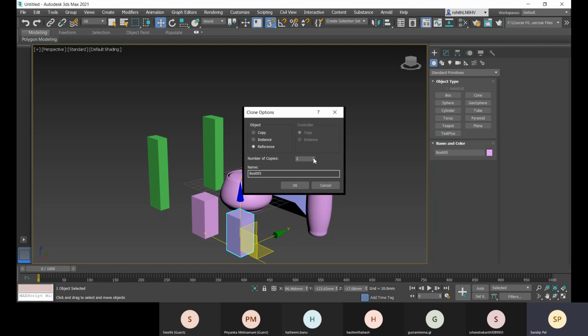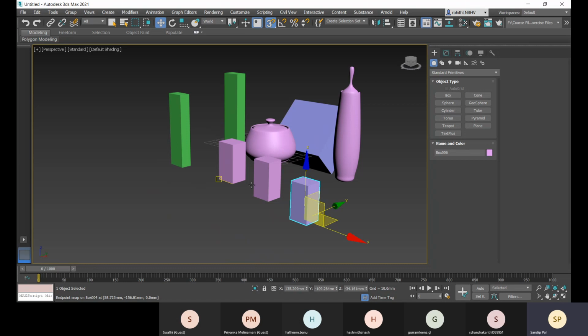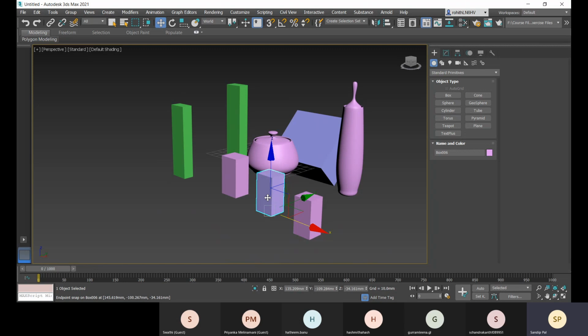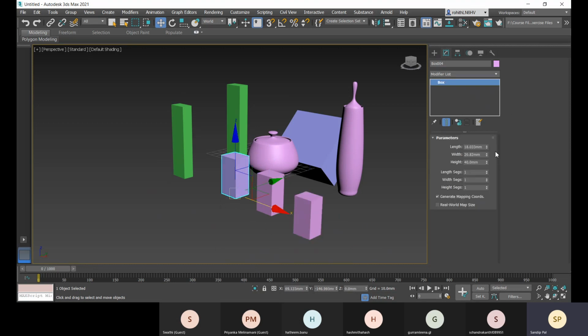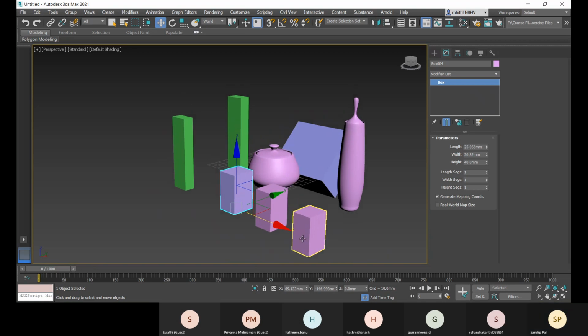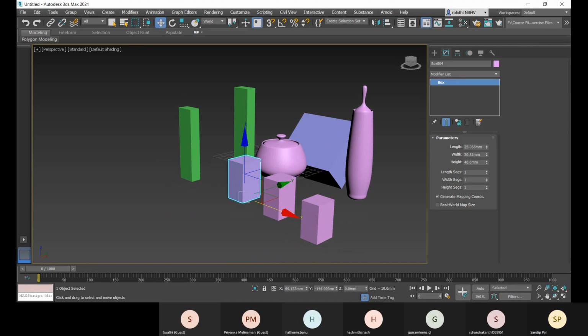The number of copies is 1. You can try number of copies 2. Click on OK. So in the same gap, 2 objects will be copied. Now you see I'm selecting this one and I'm going to modify it, and you will not find any properties. So how can you change that? For that, you have to change the main model and everything will be changed. Okay, so you can easily identify this as a reference object. All right.